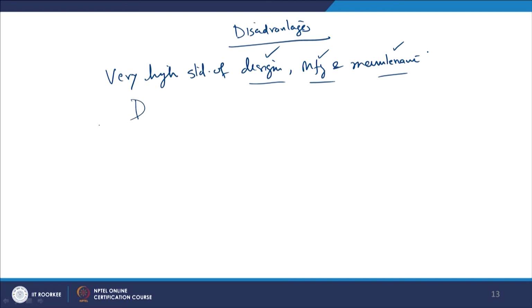The coolant and the moderator are D2O, which is itself costly compared with light water. There are certain leakage problems in the Candu type of reactor, and it has low power density compared with the pressurized water reactor and boiling water reactor. So, for the generation of the same power, more space is required by the Candu type of reactor.